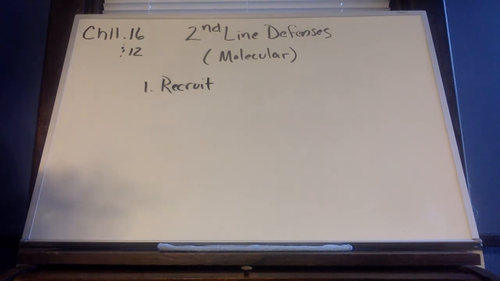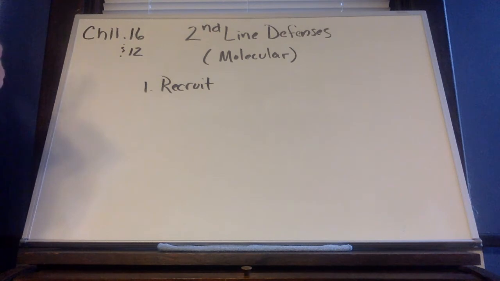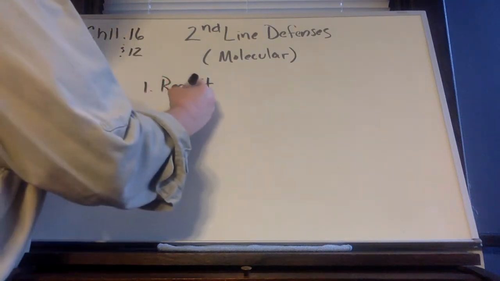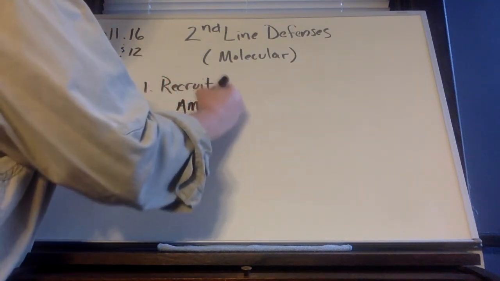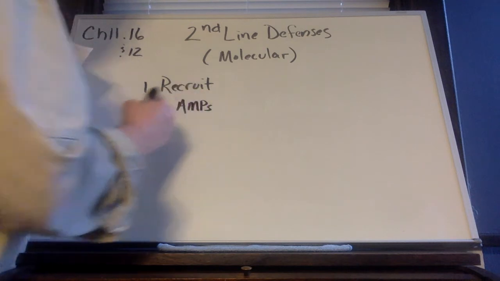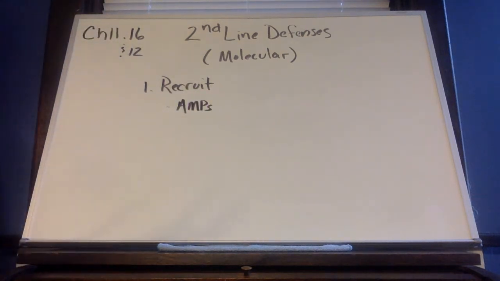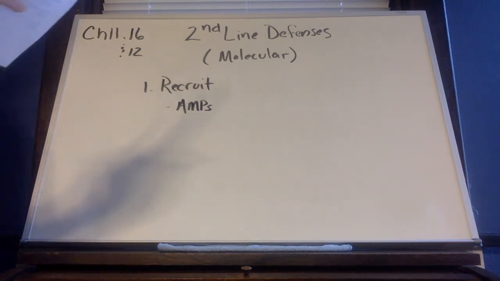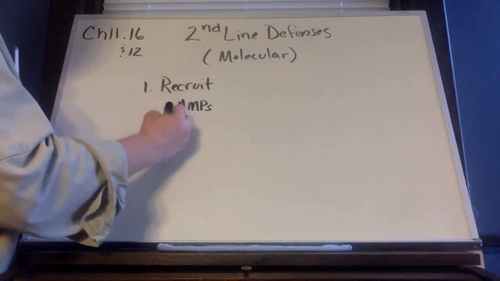Wherever we have an infection, we need to recognize it, but then we also need to bring in more helpers. Some of those molecules that can be released, we talked about this with first line defenses, are those antimicrobial peptides. And then we'll also begin to talk about